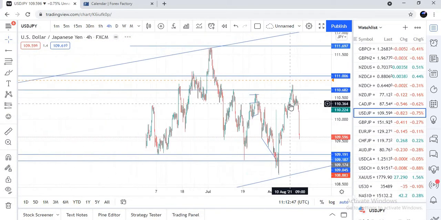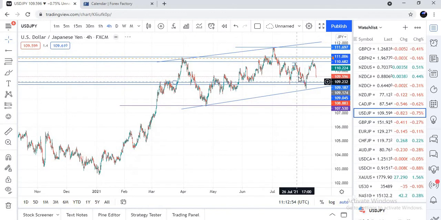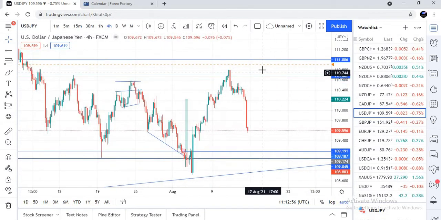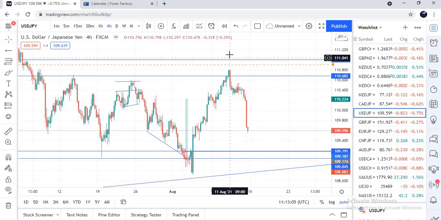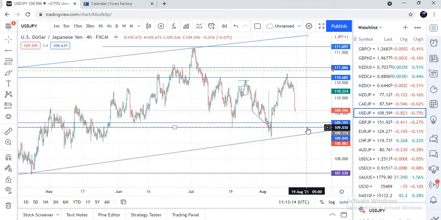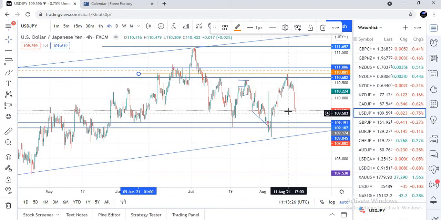USDJPY. And I think we would have caught some pips on the USDJPY last week. We didn't really watch the markets. What we did was that we set an alert for this level, thinking that when the USD touches this level, it is going to alert us and we're going to quickly send out a sell signal for this pair. But unfortunately, it just broke this previous support level and it quickly went down. We didn't watch the markets, so we couldn't drop this signal for you guys last week. So that was really painful, but not to regret anything much. We didn't lose, we just didn't catch the opportunity.